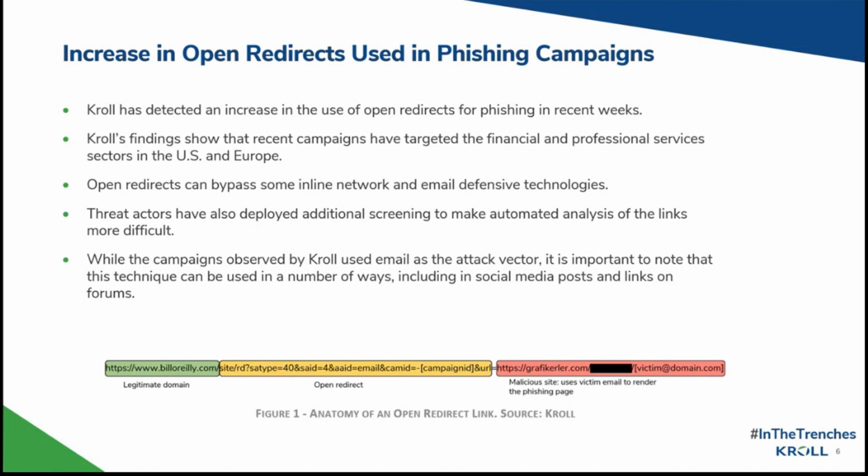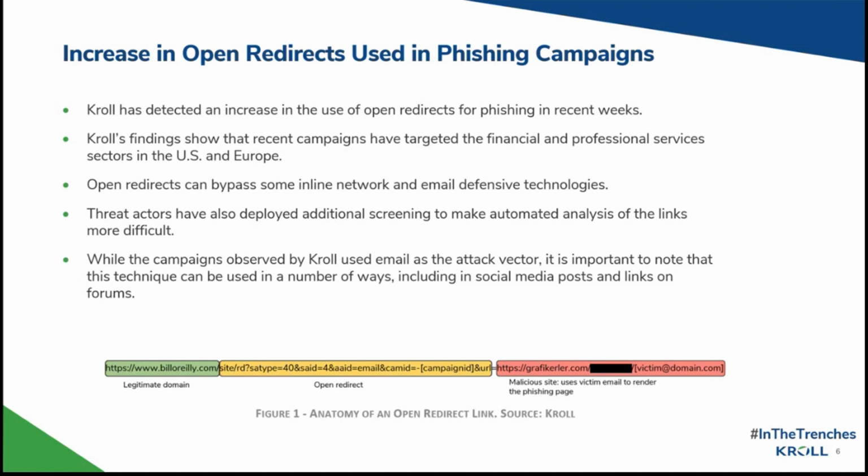By crafting a deceptive URL that leverages a trustworthy website, actors are more easily able to socially engineer users into clicking that link, and potentially fool technologies that scan links for malicious content. That can result in the victim entering credentials in these credential gathering websites. The anatomy of the open redirect is shown in the image at the bottom there, and you see the yellow part is the vulnerable section, which allows any user to type a redirect link after